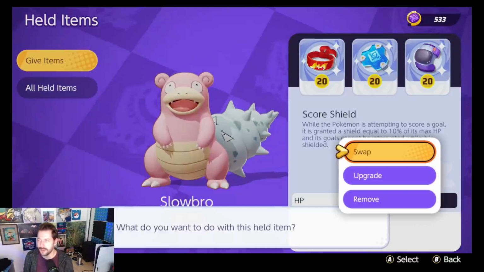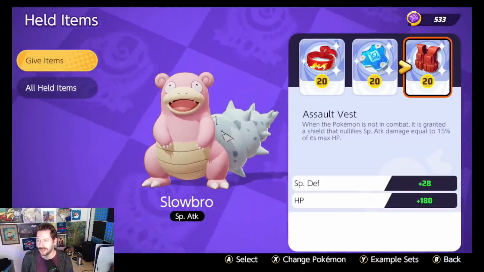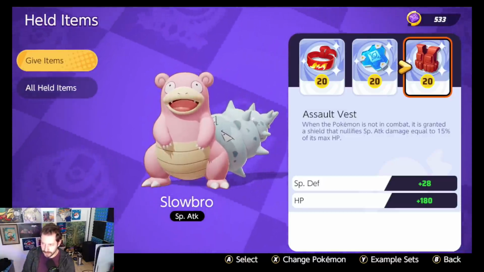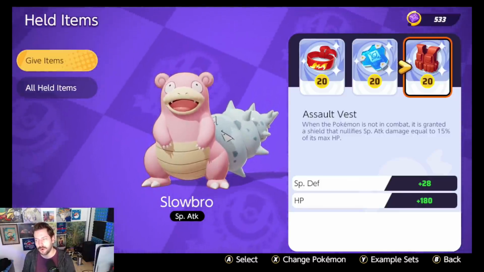You could swap out Score Shield here. I've seen people run this, and I actually do like running this, especially when I'm going Sylveon hunting, is an Assault Vest. You've got a lot of HP. This gives you more special defense. This gives you more HP. And I find on a Pokemon like Slowbro, I find that this